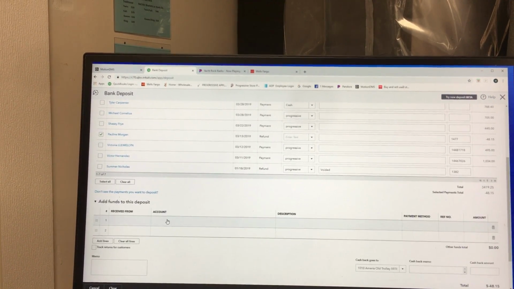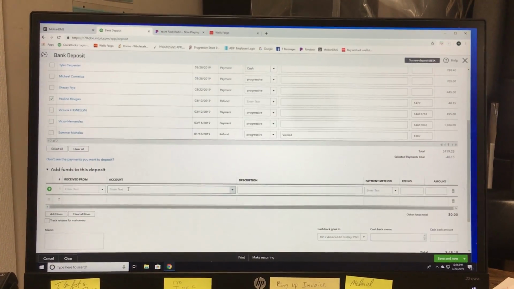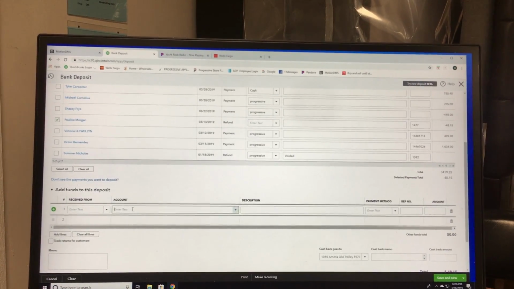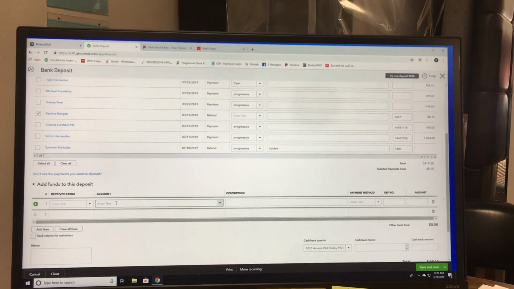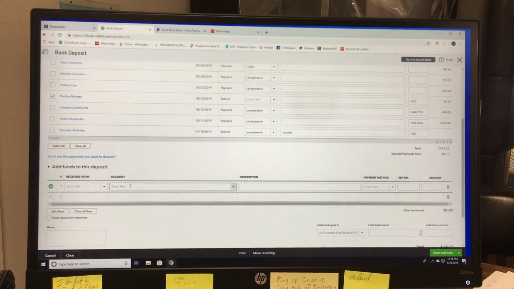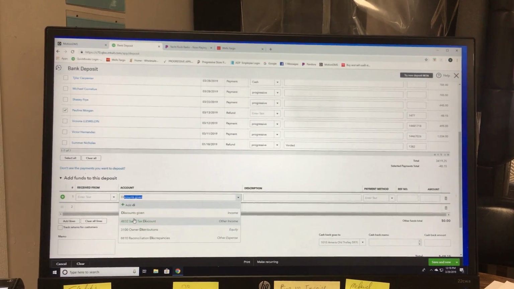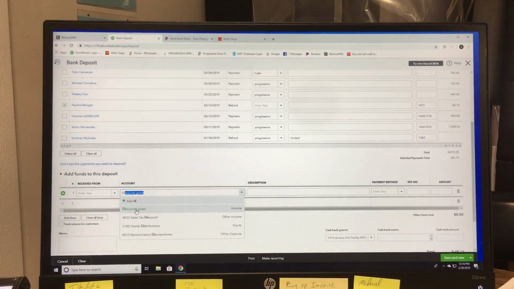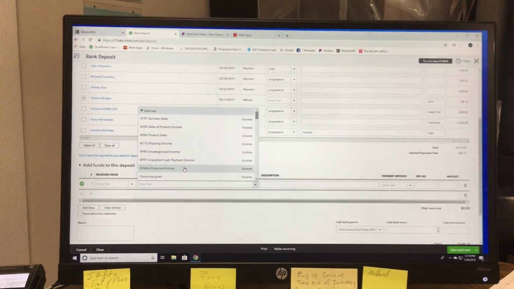Add funds to this deposit. I can't remember. I will have to check with the accountants, but there should be a customer refund in there somewhere. I'm just going to go ahead and attribute it to discounts. That's probably not right. Actually, I'm going to go ahead and check with them. I'll find out exactly what that is, and I'll let everybody know what you're supposed to put in there. Bottom line is,